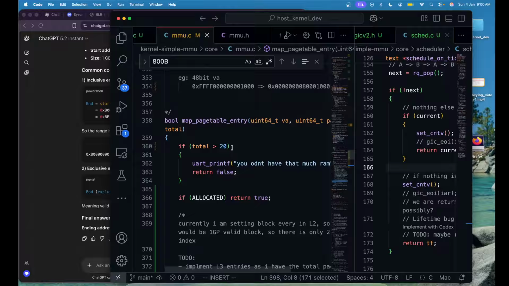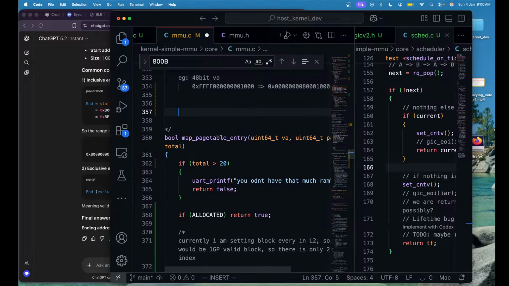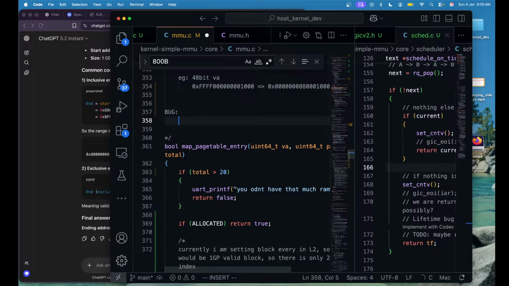So let's say we had one page table that is mapped to, let's just write down the bug so it will be easy. Let's say example, this FFF000, and let's say it's 6000, and it was mapped to 0x800